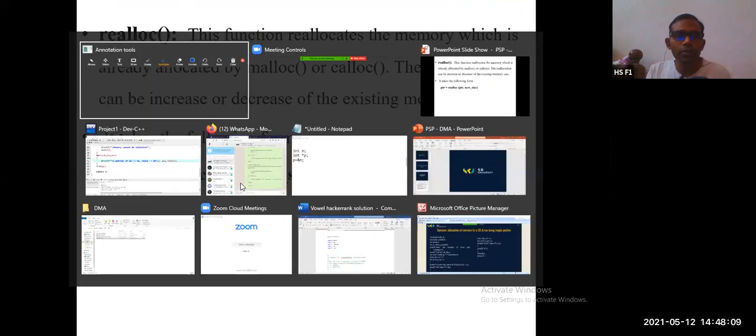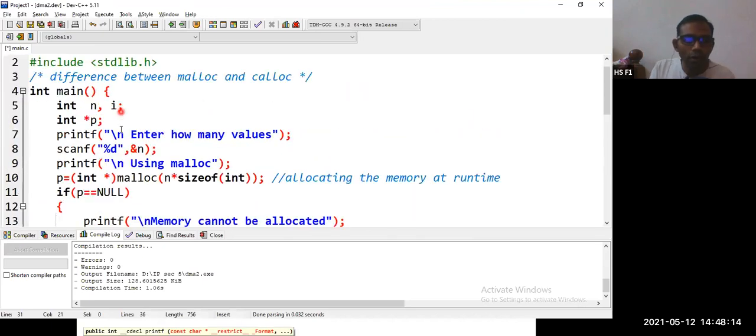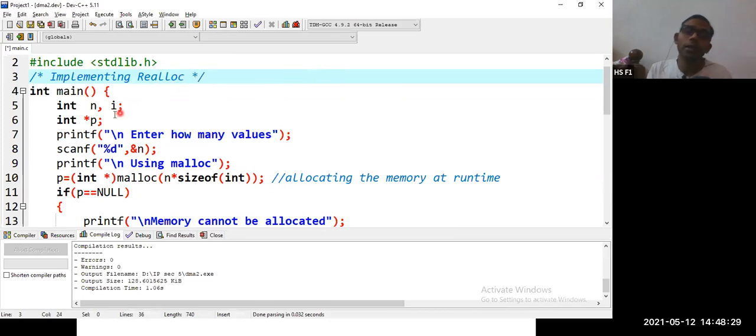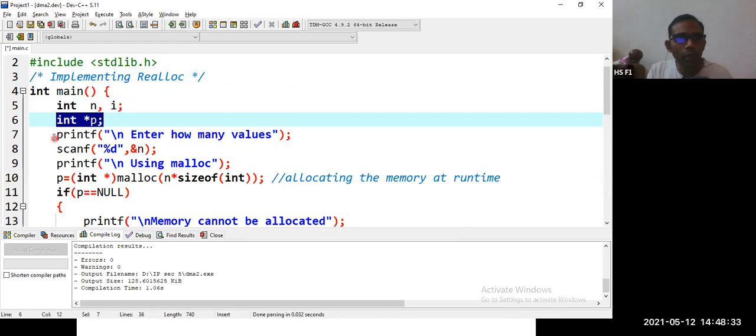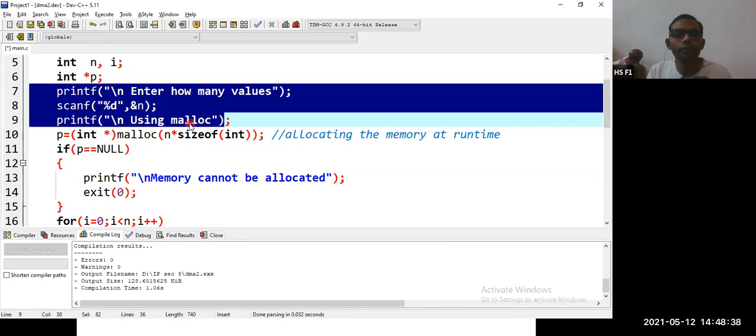Okay. So let us modify the code. So what we are doing here, first of all, we had the difference between malloc and calloc, now implementing realloc. Here we are having the size, the pointer, how many values, we are using malloc, we are assigning integer malloc size.